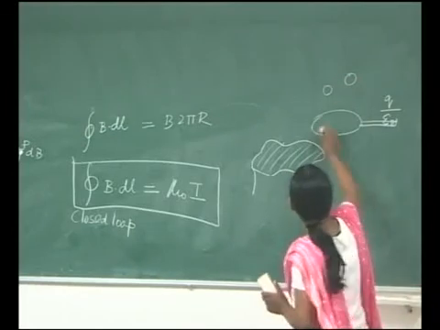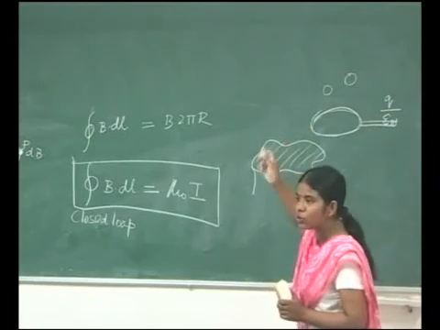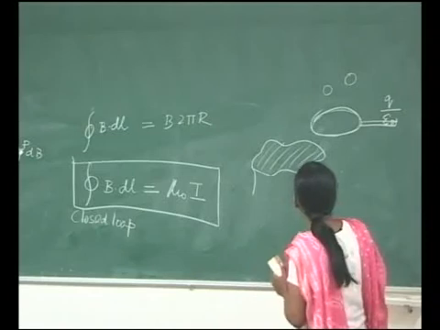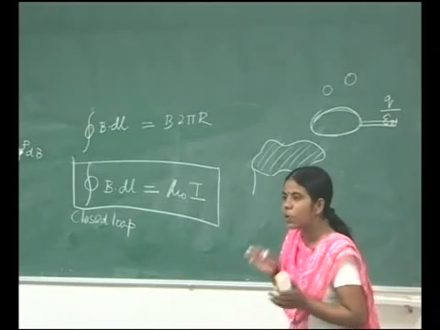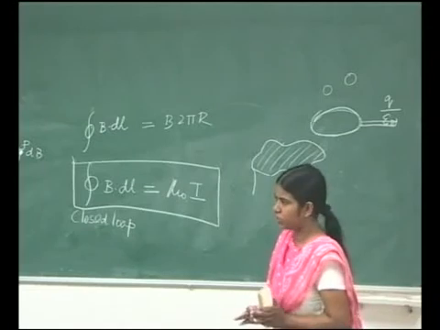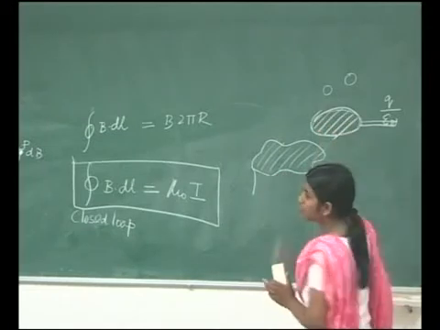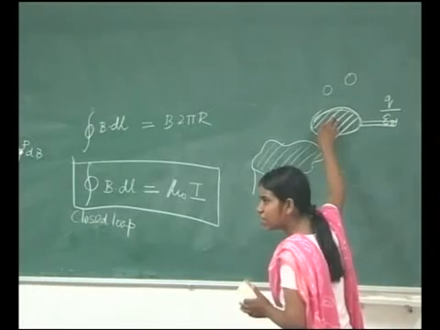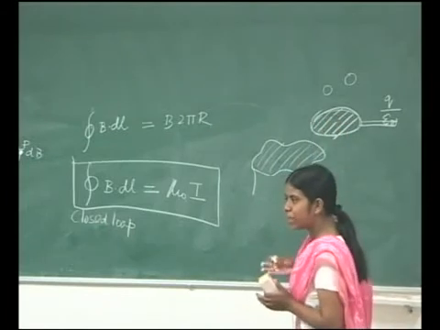So this is the loop, and you have seen those loops. When you were small, if you try to recollect, those loops were not circular. They were of any arbitrary shape, only they were closed loops, and the soap film is an open surface. It is not a closed surface. Something like that, with which we used to play when we were small.